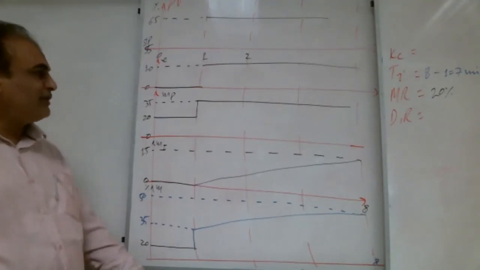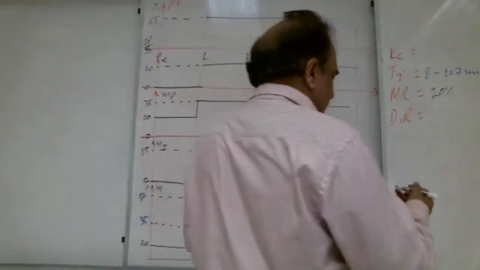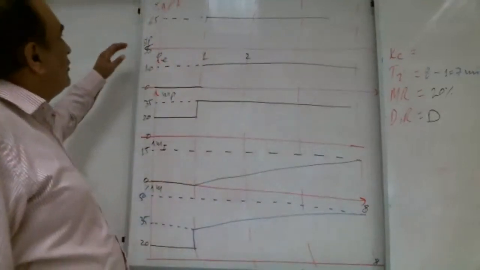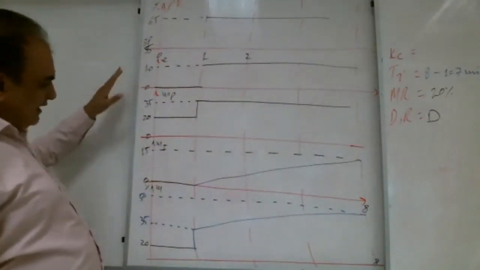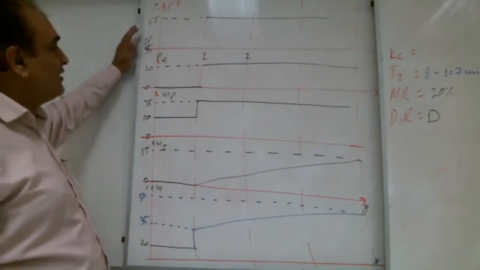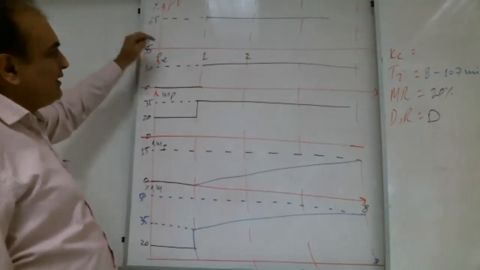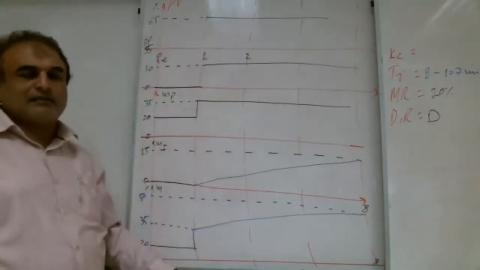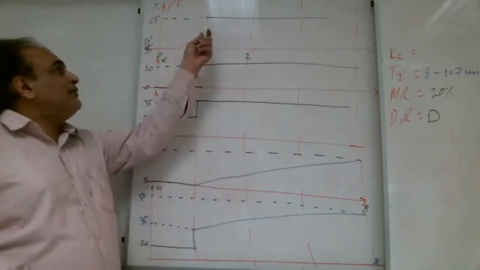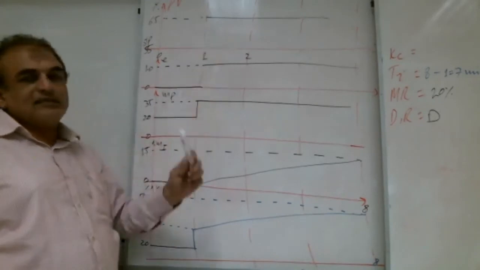How do we know it is direct? The output is positive. You can see that error and output both are increasing, it means direct. PV is bigger than the set point and error is positive. It means it is direct action.